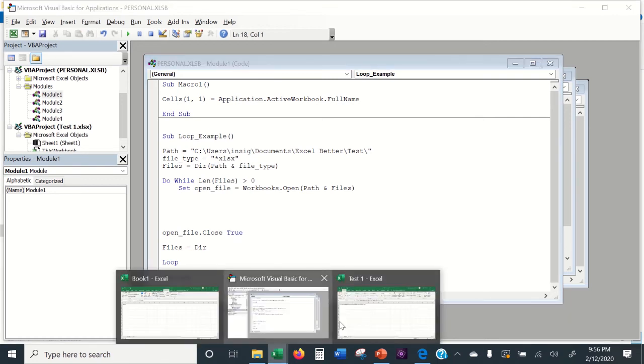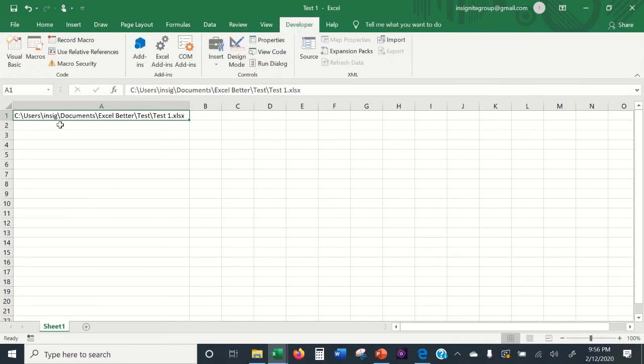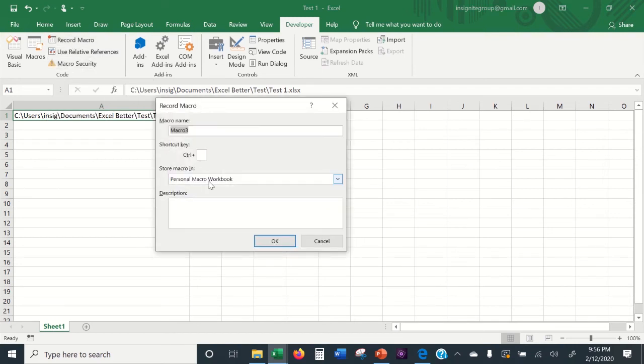Let's go over here to this file. We're going to go to Developer. We're going to go to Record Macro in the upper left hand corner. We're going to left click this. It's going to ask us where we want to save it. We can call this whatever we want. There just can't be a space in here. It's got to be a unique name. So let's just say